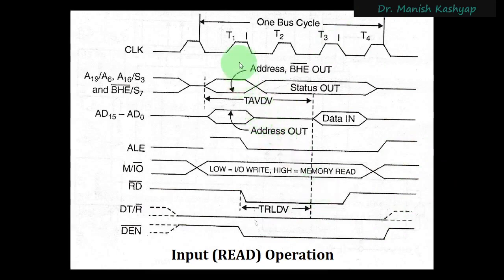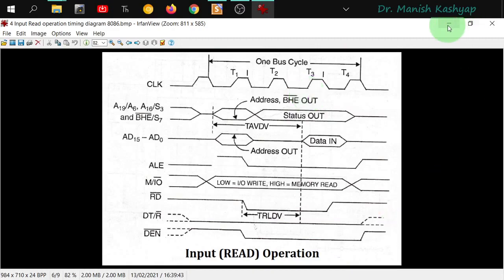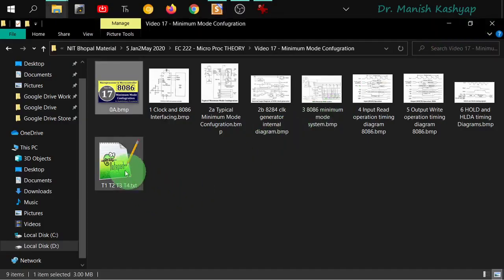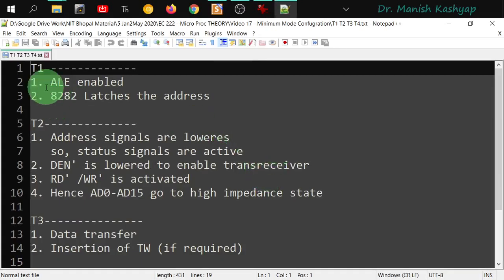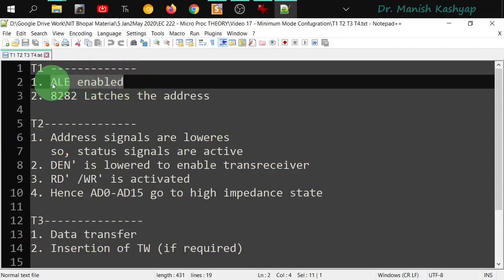So let us discuss what happens in the T1 state, right? First of all, let me show you a general procedure that happens in these four states. In the T1 state, the address latch enable signal has to be enabled, because when any instruction begins, you will first be trying to read the externally interfaced memory, right? Maybe for reading its code segment. For that you have to enable the address latch enable signal, because you will be supplying an address. I mean, you want to start reading your externally interfaced memory from this particular location.